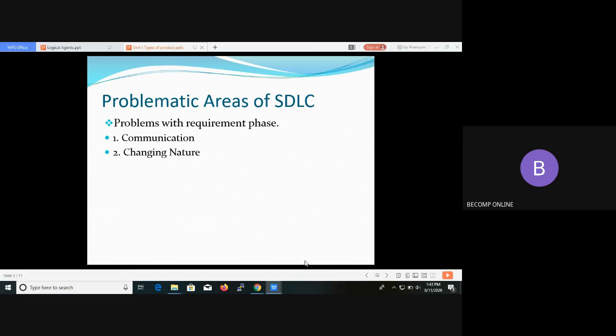Communication means we have to know which platform, which language, which database, which operating system is required for us. So it consists of the configuration of technical entities, and we also consider the economy of our project. These are the lacking information. A software product is associated with different statutory and regulatory requirements. There may be some rules and regulations applicable to the product which must be understood by the development team.